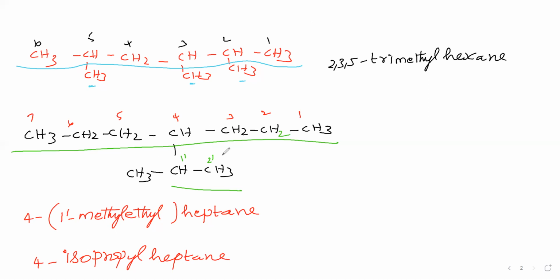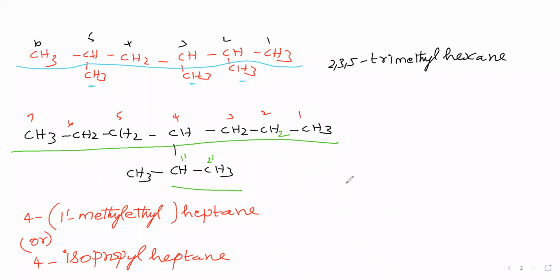So the IUPAC name for this one is either this first one, otherwise this second one. Any one we can say. Even the word iso in isopropyl we use in the common names only. But these words, isopropyl, tertiary butyl, secondary butyl, for complex substituents in IUPAC nomenclature are allowed. So for the IUPAC name of this one we can say either this one, otherwise this one.